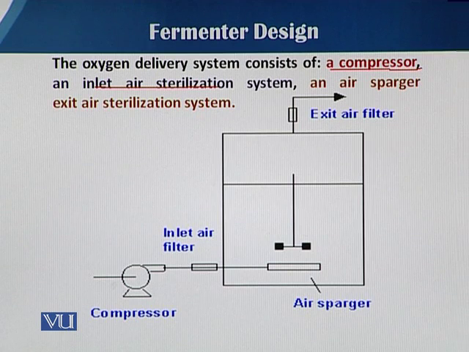And the third is the air sparger. The air sparger is basically the slits or pores of a pipe fitted inside the fermentation vessel, which give a proper size and shape to the air bubbles inside the fermenter. And the fourth one is the exit point, just to maintain the